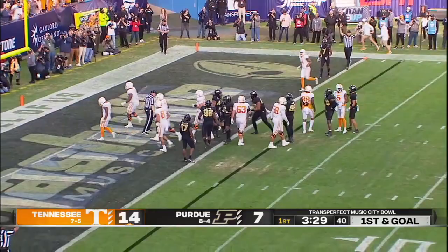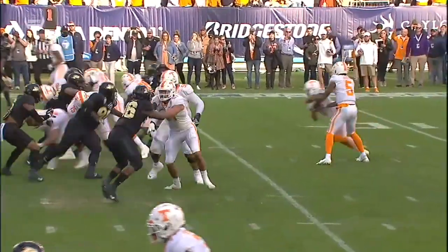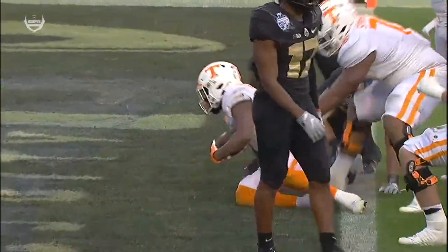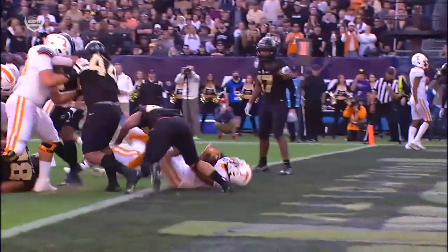Touchdown, Tennessee on the ground, Jabari Small. A great hat level up front for Tennessee. Cole was just talking about the O-line. This offense, the tempo is the toughest on the O-line. So when they get in the red zone like that, you notice how they took their...